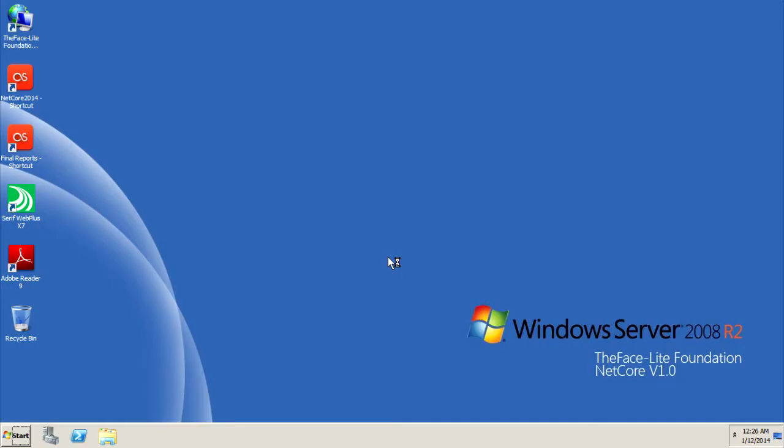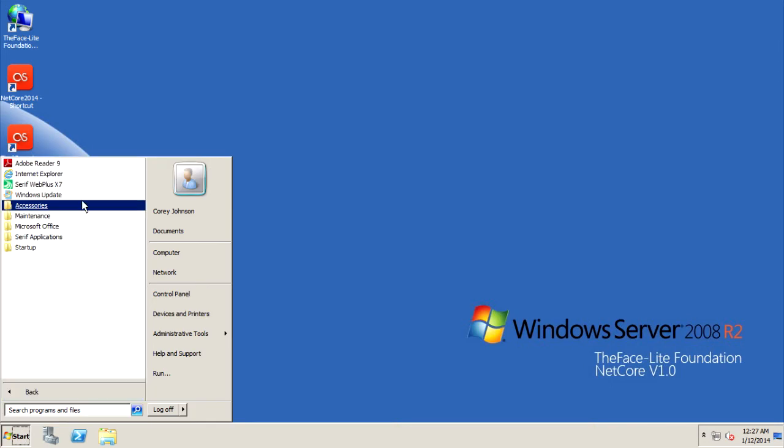Now, basically we're going to be setting up a quick database to show you how to set it up, how to create a form, and how you can manipulate figures and things like that. So the first thing we're going to look at is